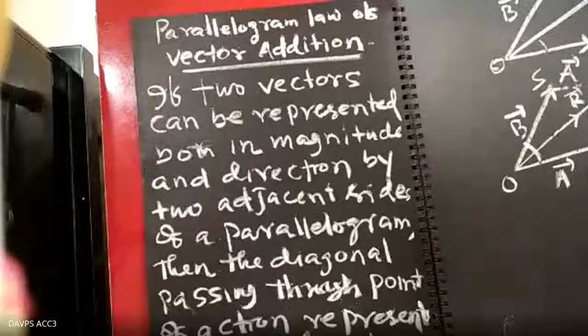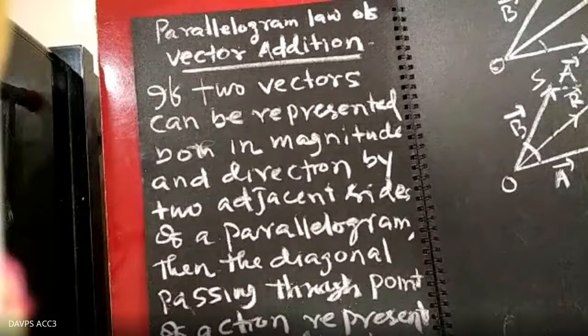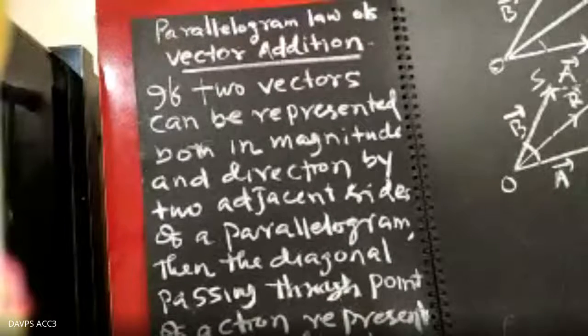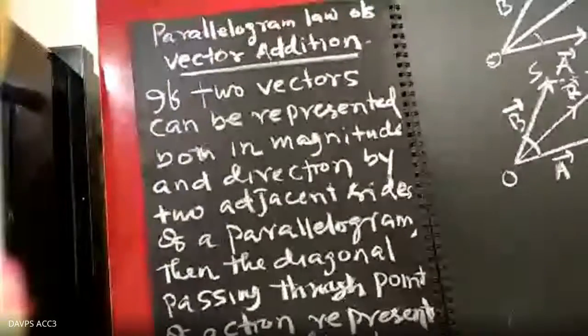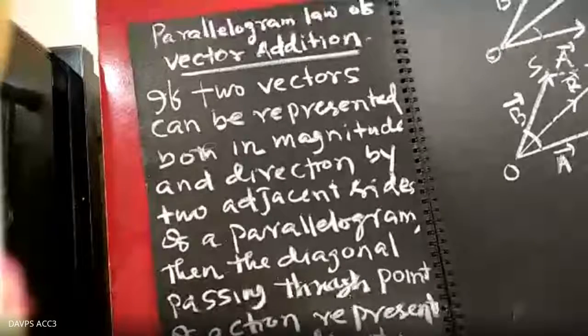You will be getting the syllabus for the first test: kinematics, or motion in a straight line. Motion in a straight line, completely, you check it, and that will be coming in the test. And you will be getting sufficient time to prepare, just go through it one by one.